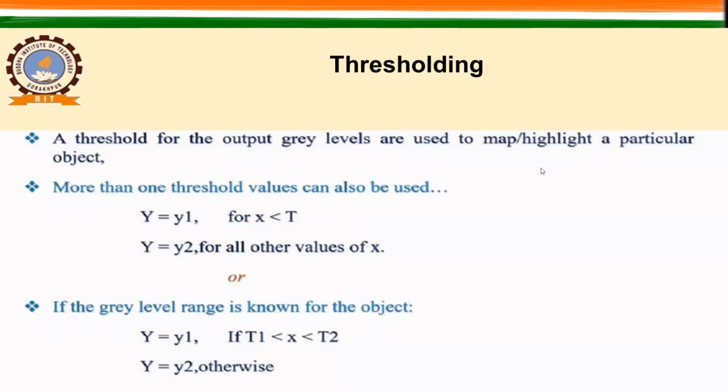So the kind of logic we are using in thresholding, and this flexibility you have because of the different programming software, where you can say that in a given matrix you identify the values ranging from this to this and assign them a unique value, right? So here you can just go through it and you will find that this method is very good when you are having the prior knowledge of the object and you know what will be the reflectance value range for that particular object. So I will show you an example.